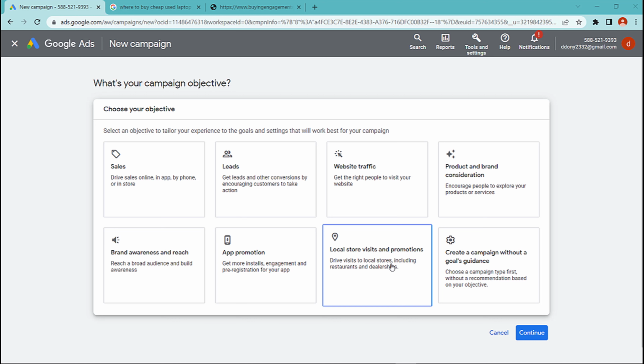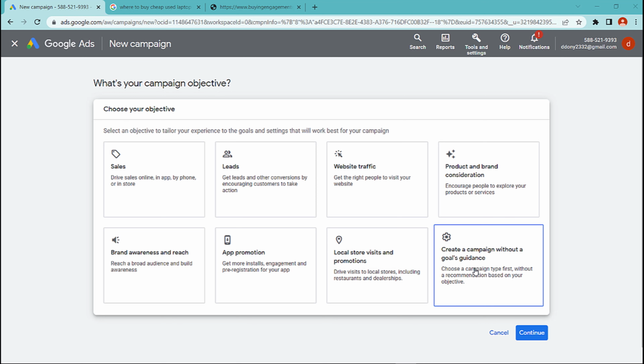If you have a brick and mortar business and you are looking to drive foot traffic to your store, you can choose the local store visits campaign objective. This objective is designed to reach people who are near your store and may be more likely to visit in person, especially if you have a food store.